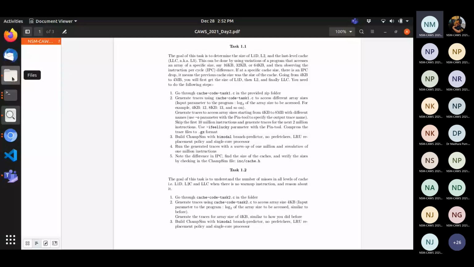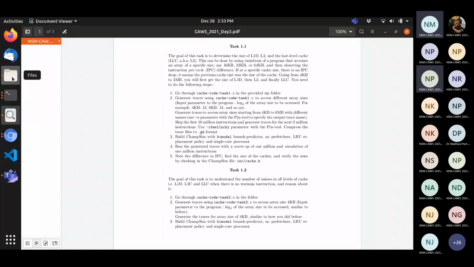Just to be clear, when specifying the number of traces to generate, we have to give 2 million, right? 2 million, yes, I think that will be enough. But I think I ran it for 10 million, I guess. It's for generating traces, right? Yes, I think I ran it for 10 million, but you can take 2 million as well. The trace file should be really large though, right? Is that normal? Yes, it's normal. Trace file will be large.